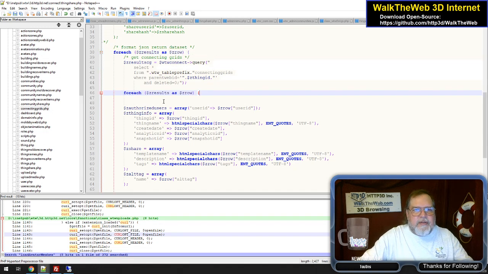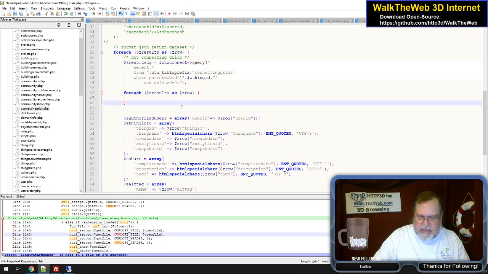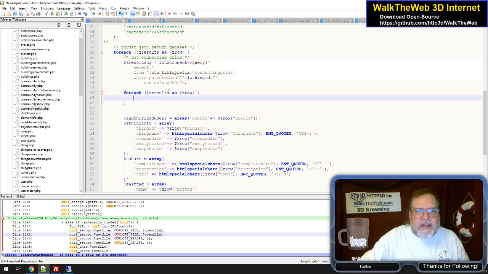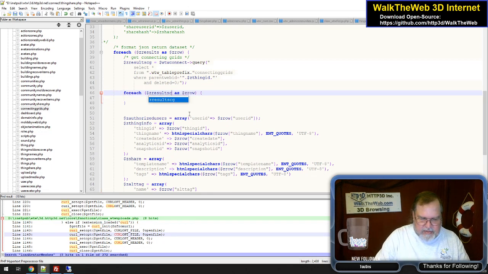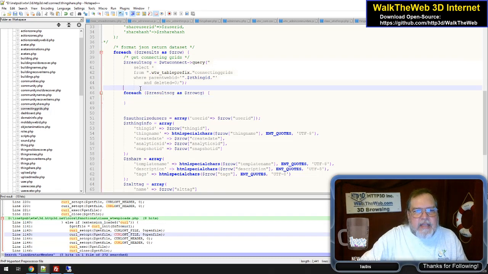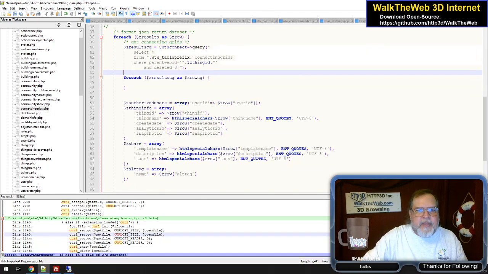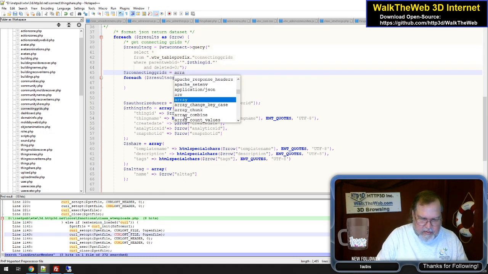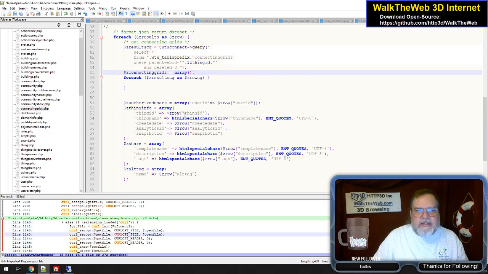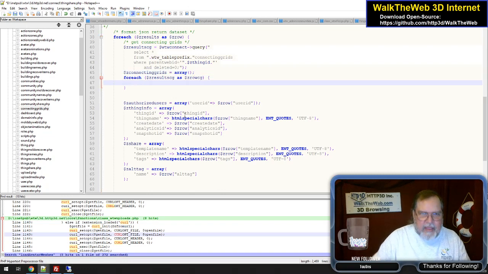for each, and we'll make that results CG and row CG for the connecting grid. And I'm going to create an array which will be Z connecting grids, and it's going to equal array. And then here,